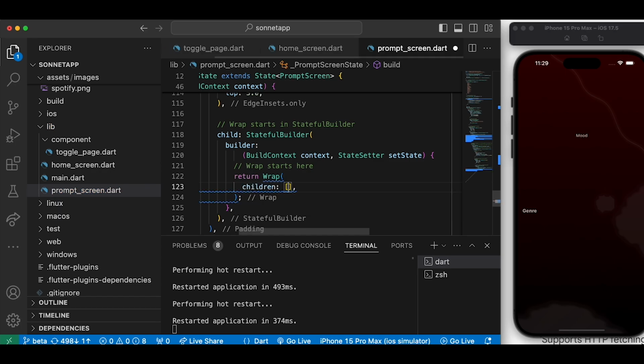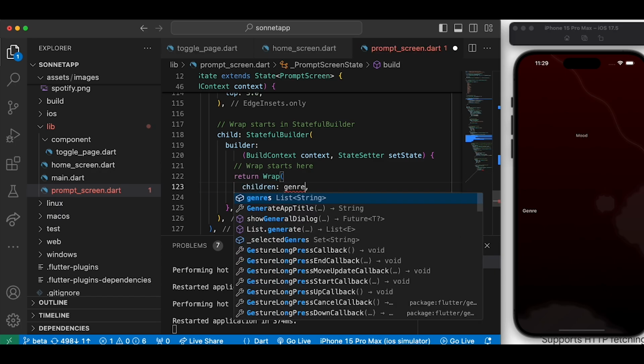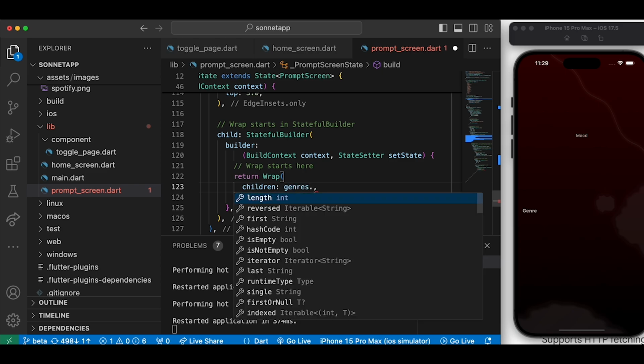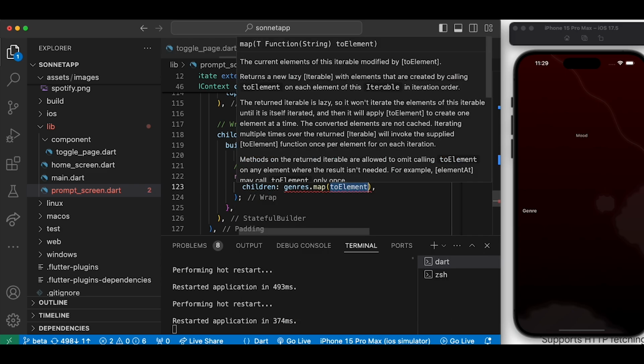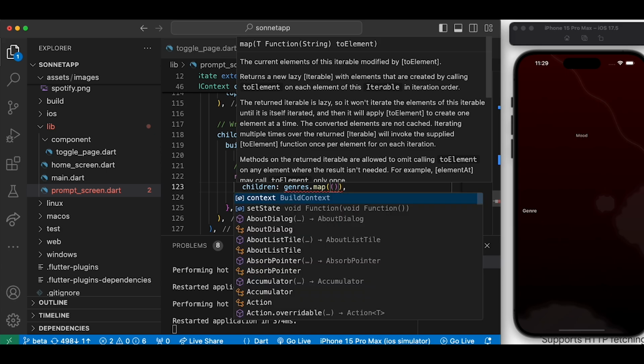We'll specify our children, and this is going to come from the genres list that we created. I'll use .map, and inside our map we'll call the journal,